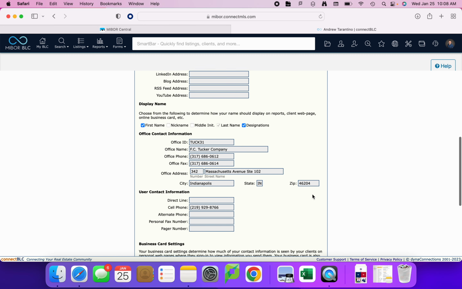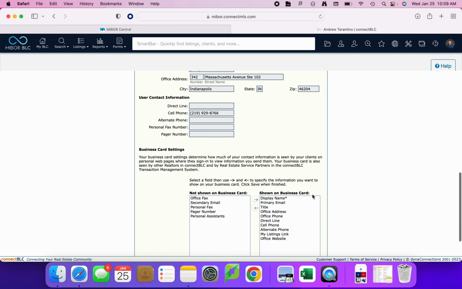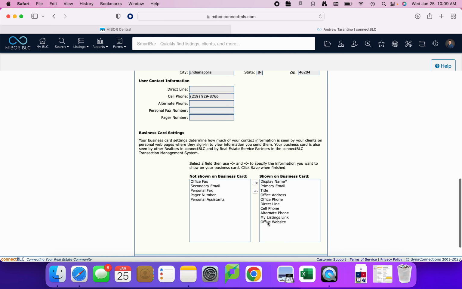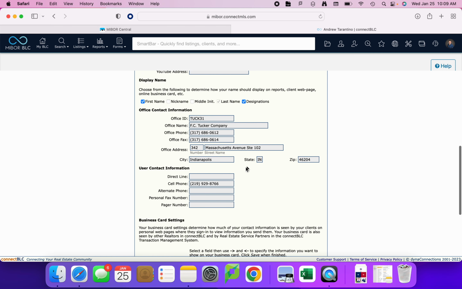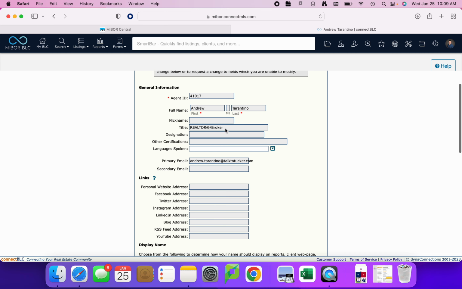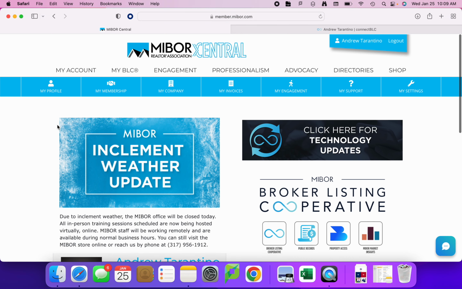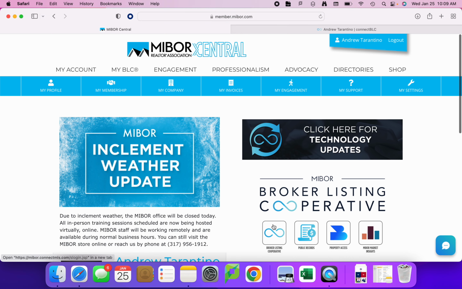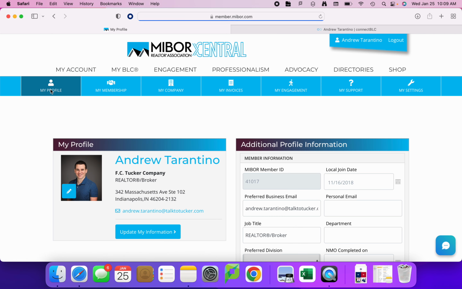Those are really the only two changes you can make to the actual information. We are going to talk about this bottom section in a moment, once I show you where you can make these changes on a different place within MyBore. So if we go back to MyBore Central, which is where you were prompted to sign in and you clicked the icon for ConnectBLC, if you're under the My Account section and then you click My Profile, you're going to